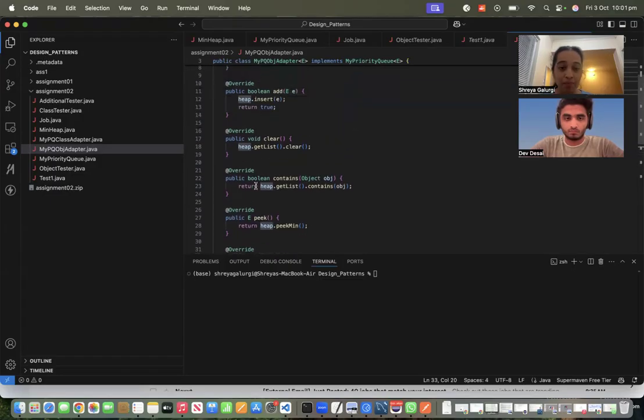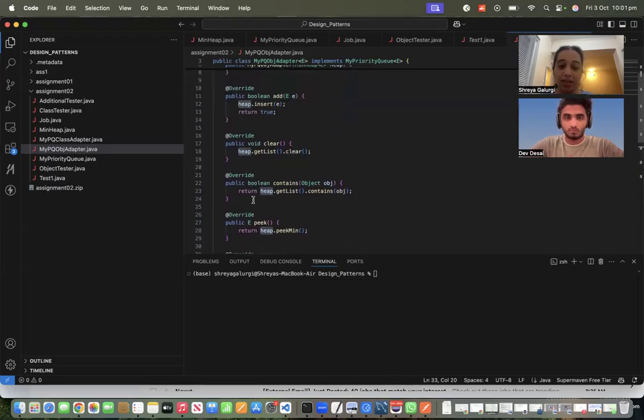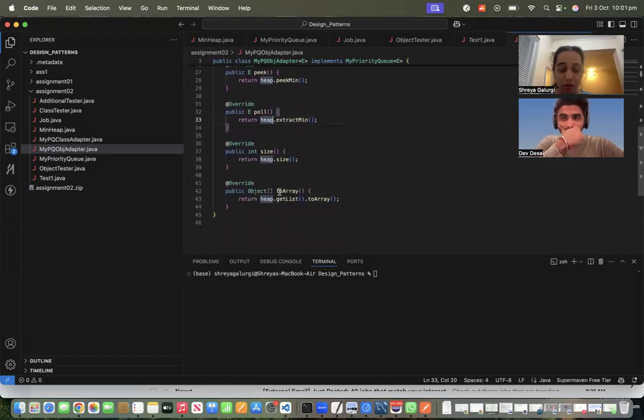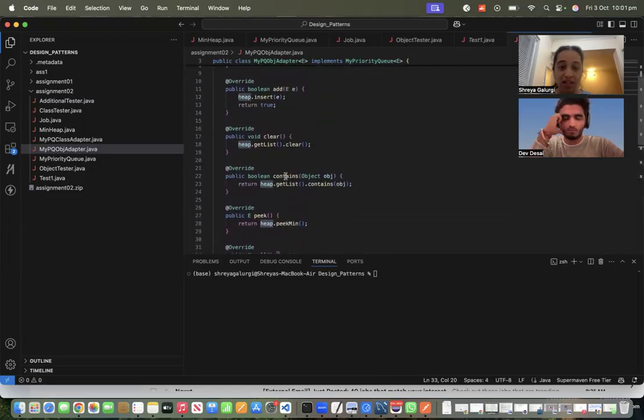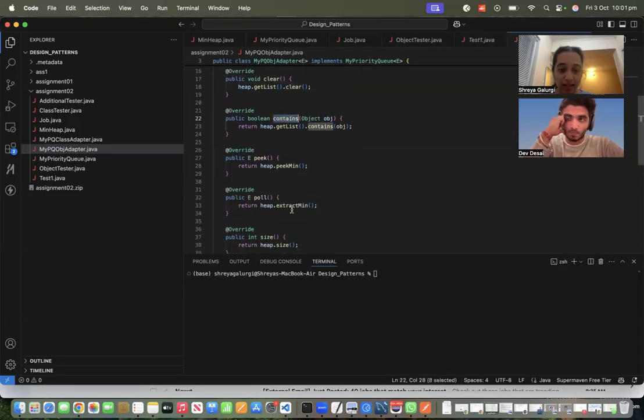Then there are three methods that are not present in minheap: clear, contains, and toArray. I know that the getList method returns a list, and the list data structure has its own implementation of the clear method, which is what we want for my priority queue interface's clear method. So I've called the getList method, which returns a list, and then its clear method. Same I have done for contains and